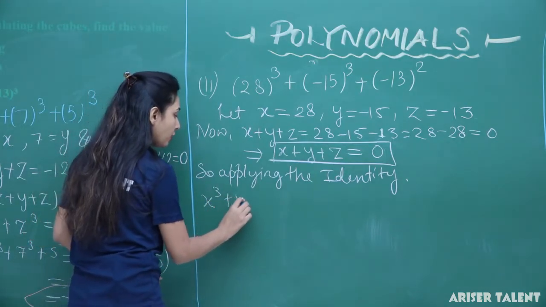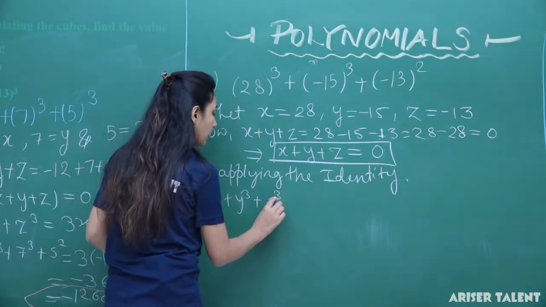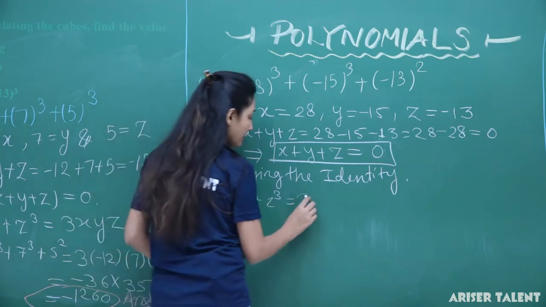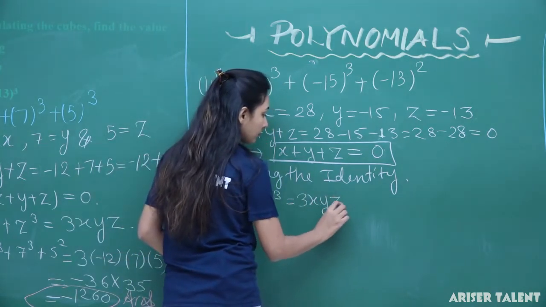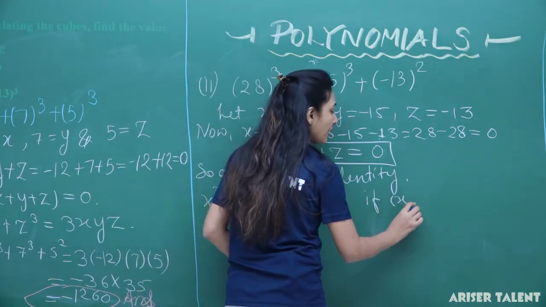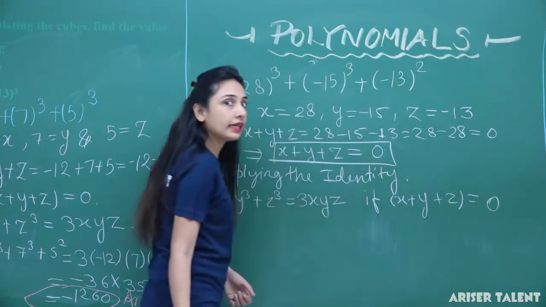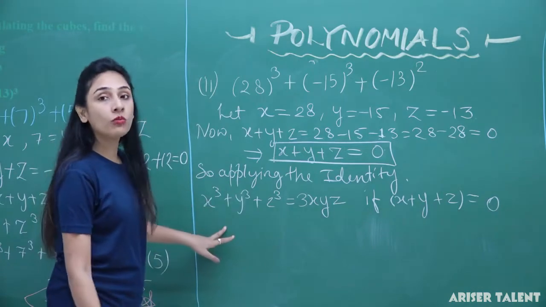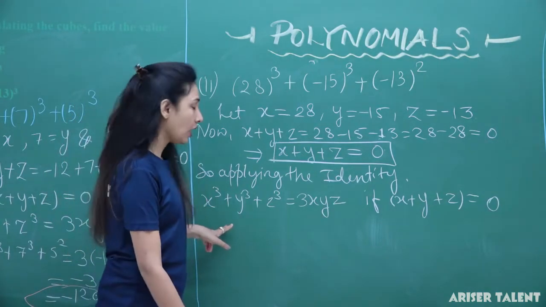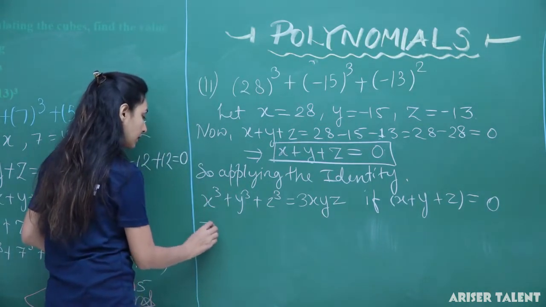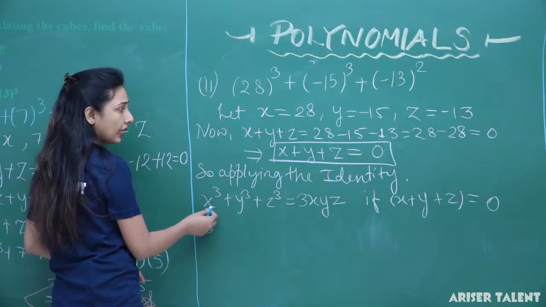x cube plus y cube plus z cube equals 3xyz, if x plus y plus z equals 0. Why do you have to write it again and again? So you can memorize the formula. Okay, so you have to write it with me. Right, now this implies that we put the value x equals